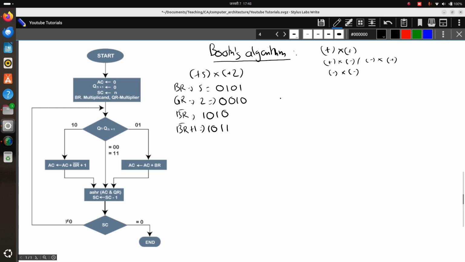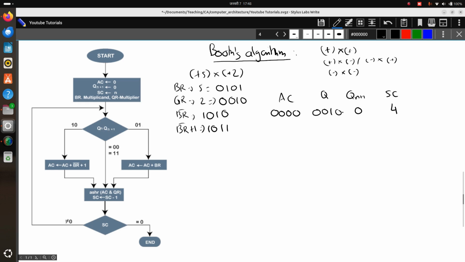So at the start what it says is, it asks us to set our accumulator to 0. Basically we're going to use 4 bits, just as the number of bits in our BR and QR. We'll set our Q as 0 0 1 0, and then we'll set a Qn plus 1, which is 0 in the beginning, and then we'll fix our step counter, which is based on the number of bits in BR and QR, which is basically 4. So first of all what we're going to check is Qn and Qn